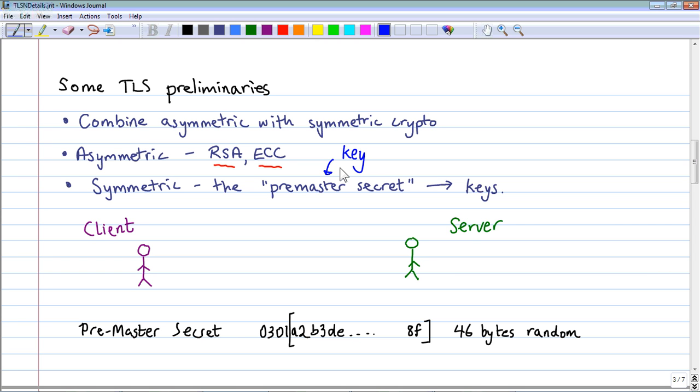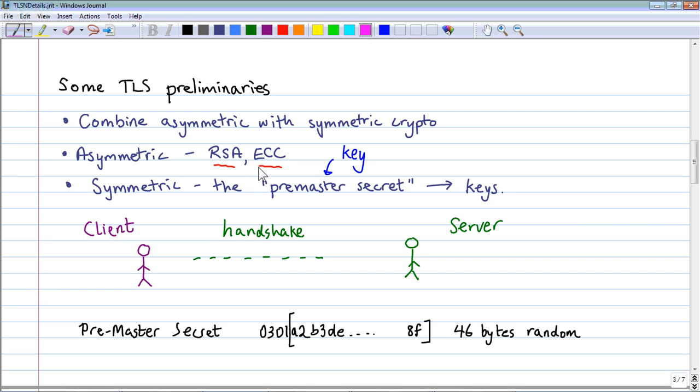So, broadly what happens here is that there's something called a handshake. So we start off with a handshake, and the purpose of this handshake is a kind of setup of the TLS session. So maybe we can just draw a little line there. A handshake consists of several messages which the client and server send to each other, during which process they're agreeing with each other how we are going to encrypt our traffic. They have to agree on things like what kind of symmetric cryptography we are going to use, what kind of asymmetric cryptography we are going to use, and once they've made sufficient agreements, then this very key message, which